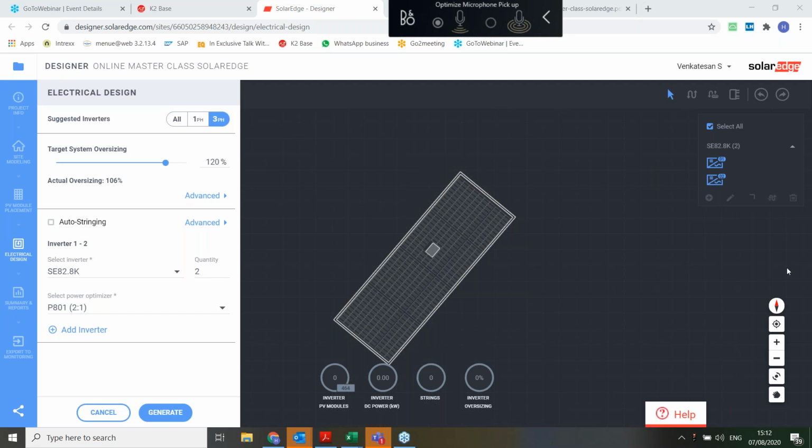As you are all aware, this designer tool is a free online tool. There are no charges or anything. It is completely a free tool, as is K2 Systems. This is also a completely free tool, and it is very modern and intuitive, with a very user-friendly interface. What you are seeing on the screen right now is an electrical design. In fact, it has come directly to step 4, where it is coming to the electrical design.